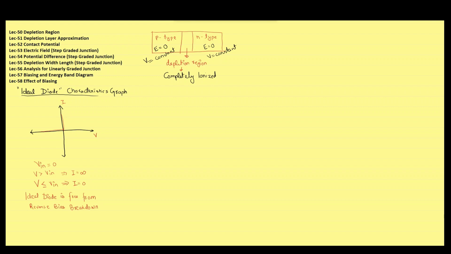After that, we studied the contact potential, in which we got to know that even though the neutral N and P regions have constant potential, there is still a difference between their potentials, which is called contact potential. And we also derived the formula, which is equal to KT/Q times the natural logarithm of Na times Nd divided by Ni squared. We actually derived another formula for contact potential which is equal to